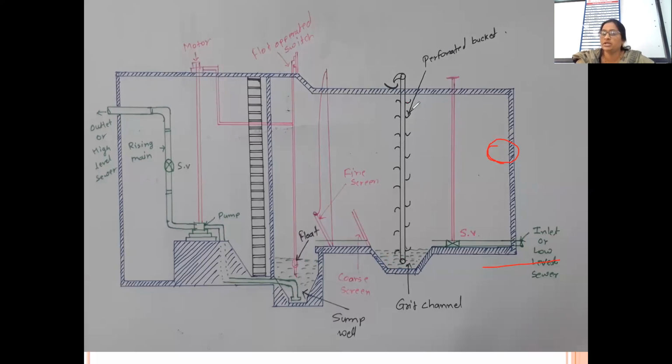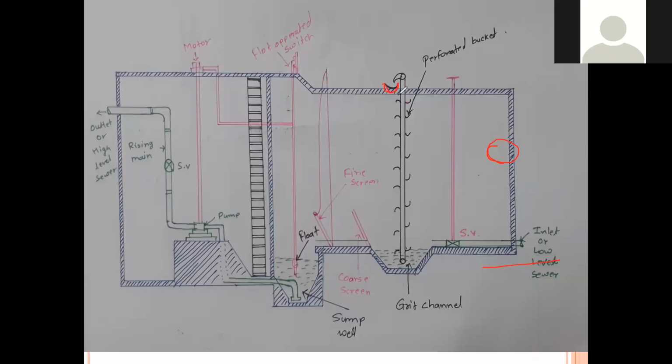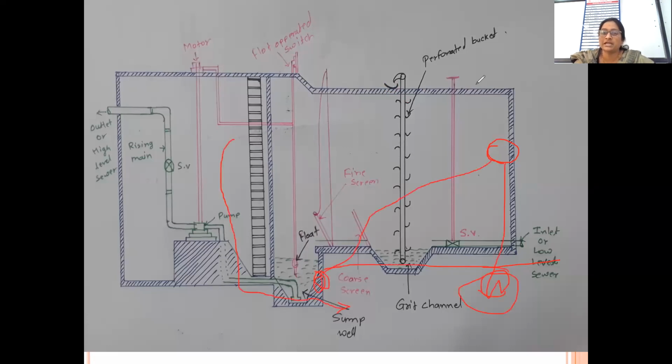Entire water will be removed, and then once it is reaching here at this portion, it will be dropped into this collecting bucket. This is a collecting bucket, so entire debris particles will be collected over here, and this way you can remove the debris particles from this. Okay, so look at here.